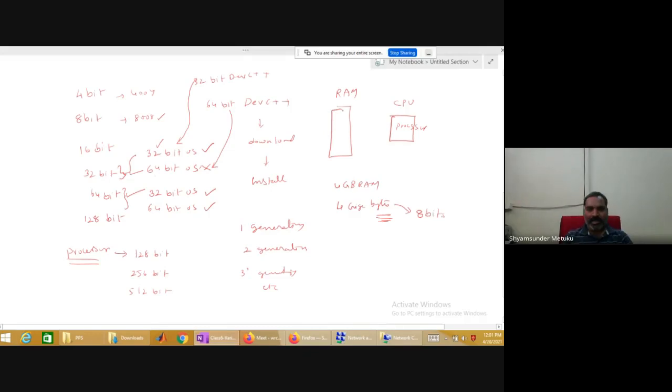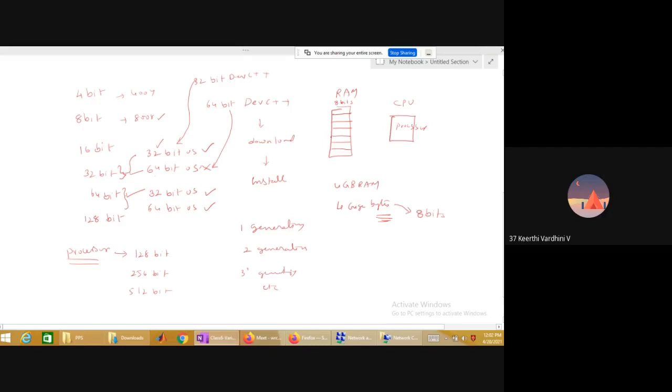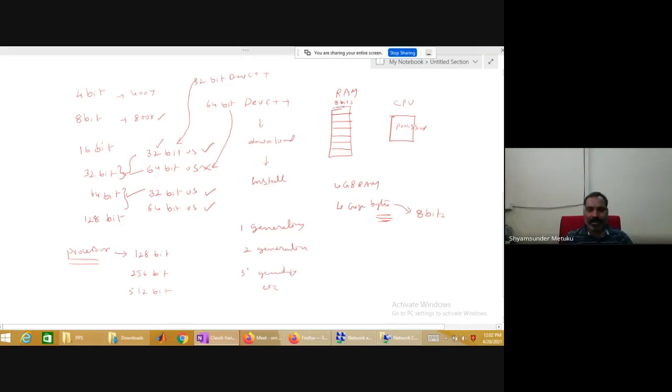So it indicates that in this memory, every location I represented in the previous slide is equivalent to 8 bits in length. If one location is 1 byte, how many locations will I have for a 4 GB RAM? 4 into 10 power 9.